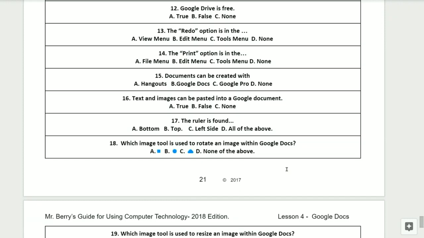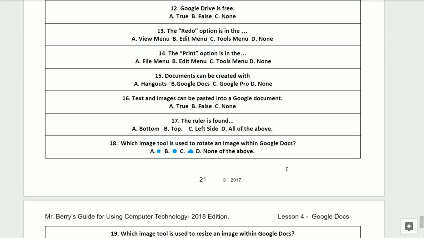Question number 15. Documents can be created with what? Is it A, Hangouts, B, the Google Docs, C, the Google Pro, or D, none of the above? Question number 16.